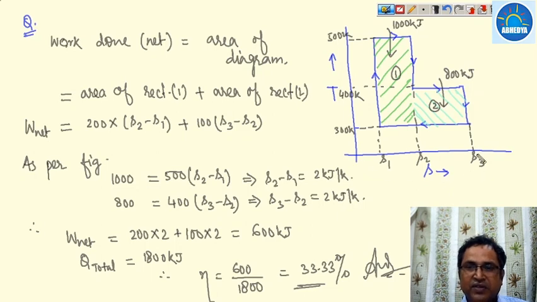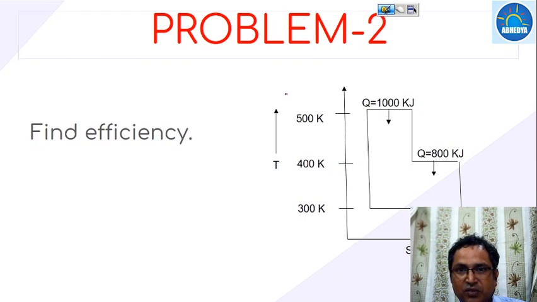So by this, what we have calculated? We have calculated the area of this diagram. The total area of this diagram will give you the net work done, and the heat input is nothing but the area under the temperature-entropy curve up to the S-axis. So this area and this area will give you the value of total heat input. This type of question is very much asked in the GATE examination or in the engineering services examination. Now see one more problem related to this one.